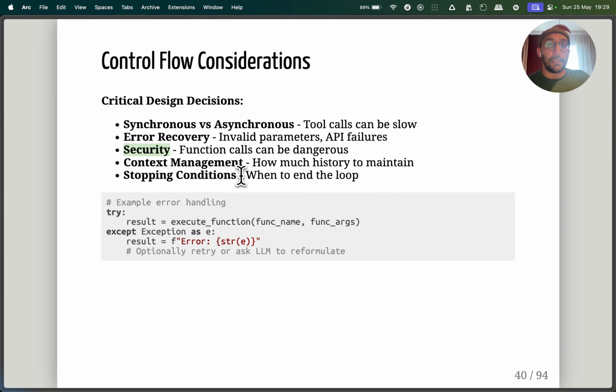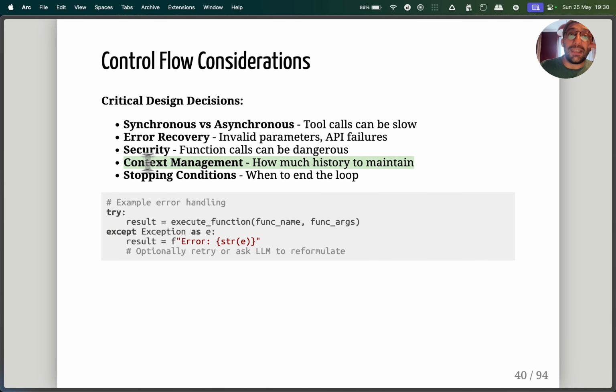I was demonstrating these silly examples with Python, but imagine if a function call is about authentication, or about anything related to security information or personal information. If the LLM has the ability to call functions that do things that might put people's data at risk, for example, that's a problem. So we need to address that.